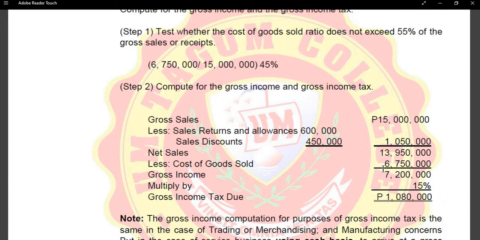1,080,000 pesos. Now, baka ma-confuse kayo kung kailan gamitin si 15% gross income tax, si 30% regular corporate income tax, at saka si 2% minimum corporate income tax. So, sa general 15% gross income tax, pwede siya piliin ni corporate taxpayer provided na nag-qualify siya sa mga hinihinging qualification. Of course, if the corporation is taxed at 15%, hindi na siya pwede i-tax ng 30% regular corporate